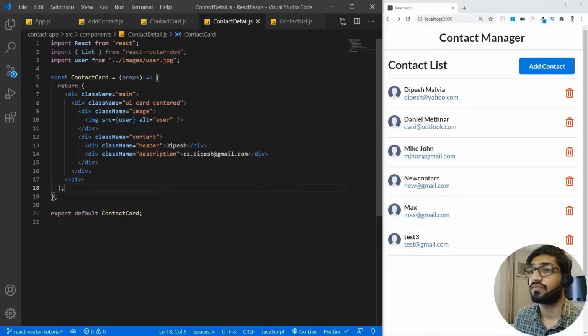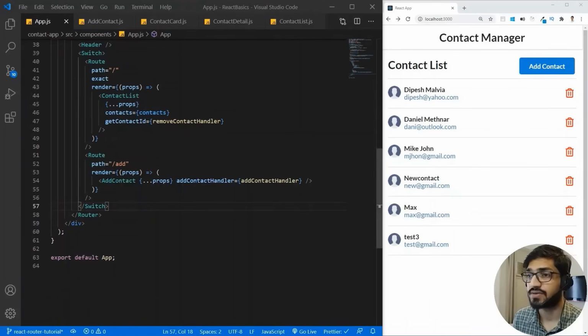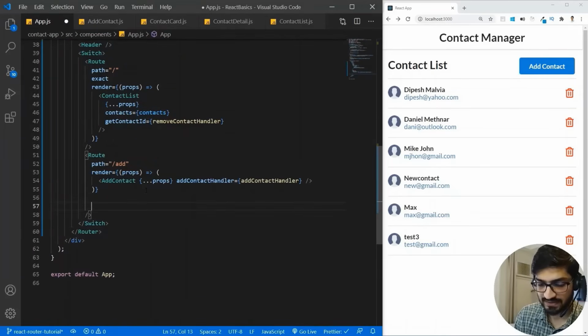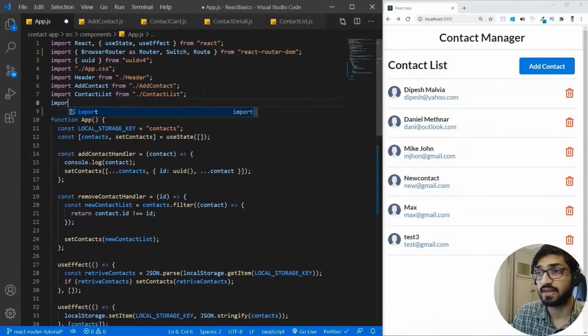And now we have added this component, so we need to add this component into our route. So let's go to the app.js, and inside the app.js we are going to add this as a route. So before adding the route, we need to import the component. So let's go and import our contact